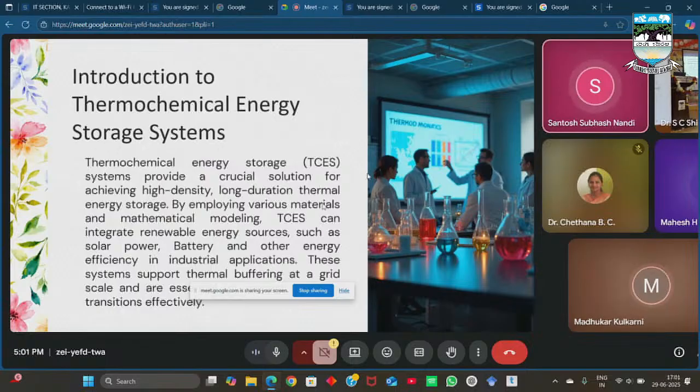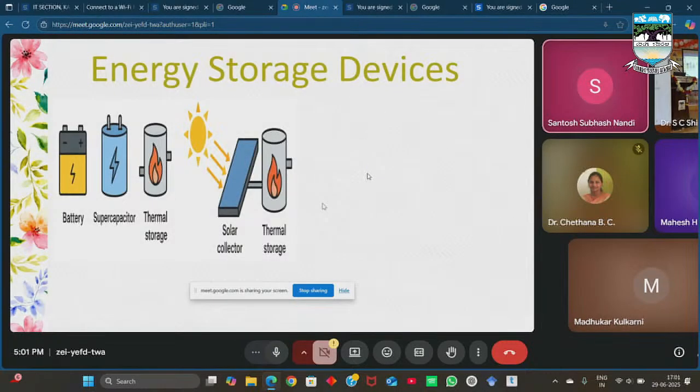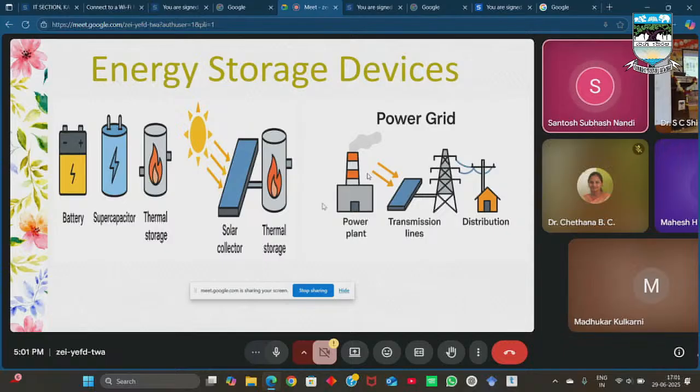as many of you might know, these are the daily used energy storage devices in our everyday life, which include batteries, supercapacitors, or solar cells. Energy storage devices are charged when they absorb energy, either directly from the renewable generation devices or indirectly from the electricity grid. They also discharge when they deliver stored energy back into the grid. So here I have shown you some examples of energy storage devices,